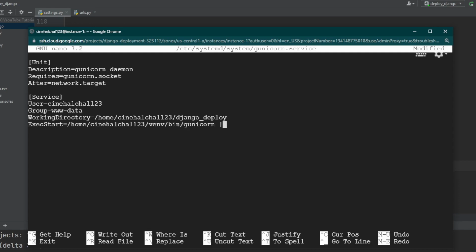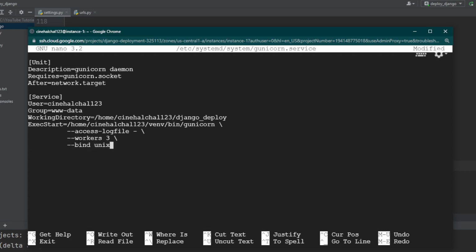Then I'll add a backslash and in the next line, access the log files for any errors or any other log files of Gunicorn, and we can give some optional parameters like workers. Here I'm giving workers as 3. Then I will bind it to the Unix socket.